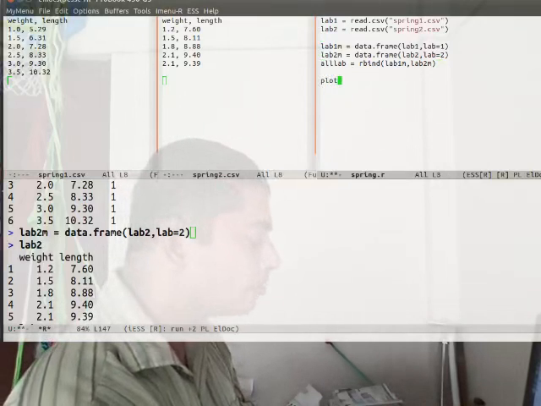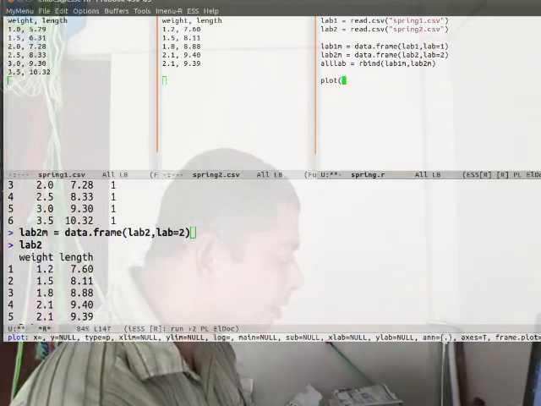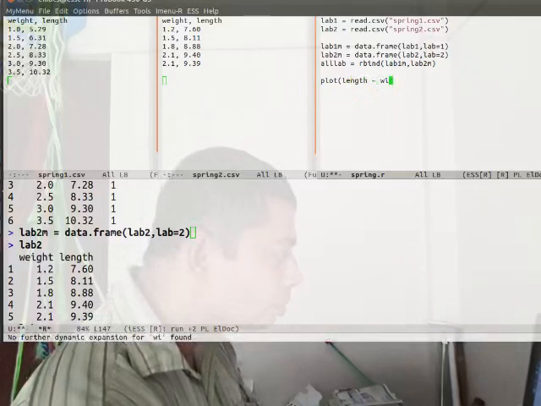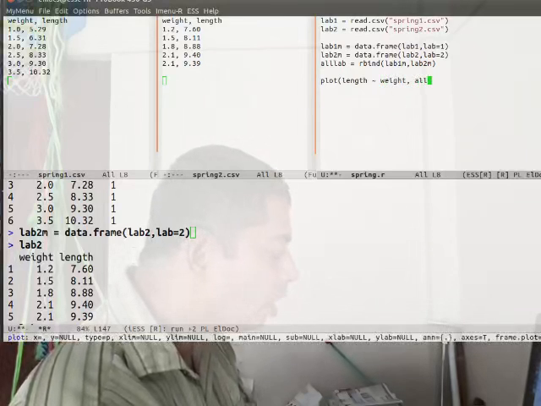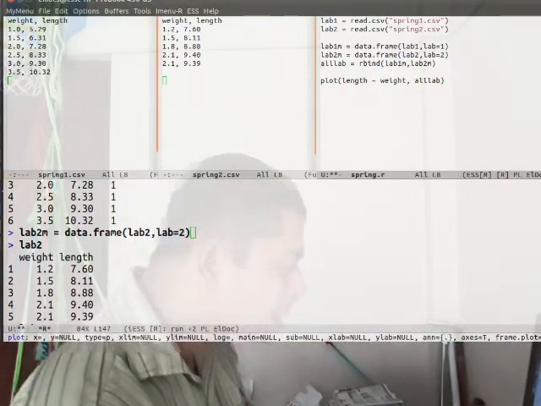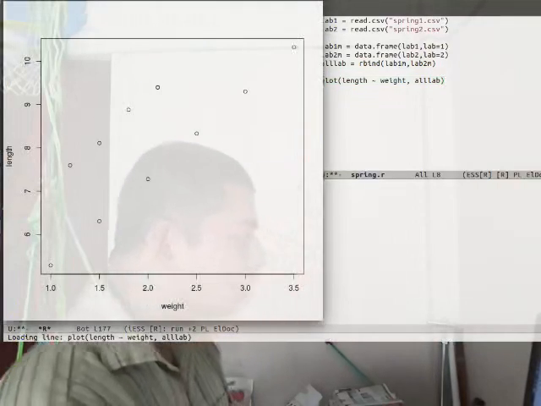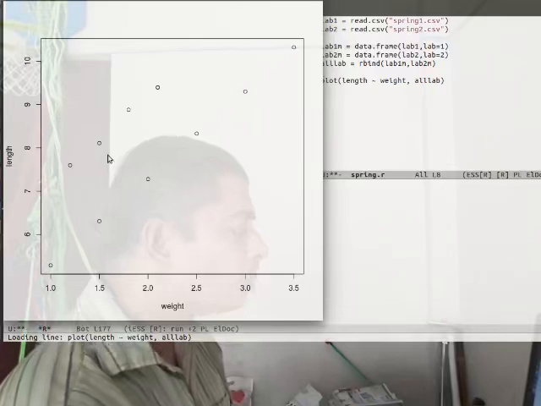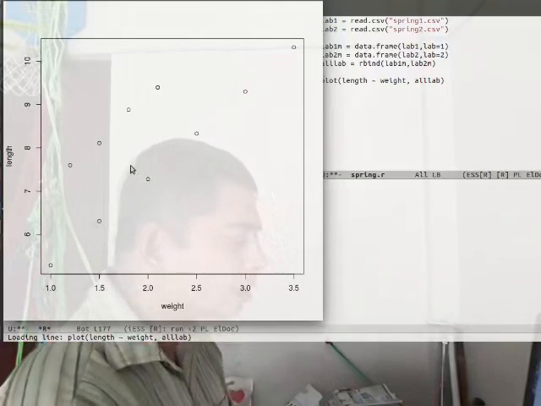So plot height, length, and this length tilde weight and all lab. So let's see what I get. I have this plot. I get two lines kind of parallel as I expected. Now it would be nice if I can see them more or less clearly, so that the two labs are